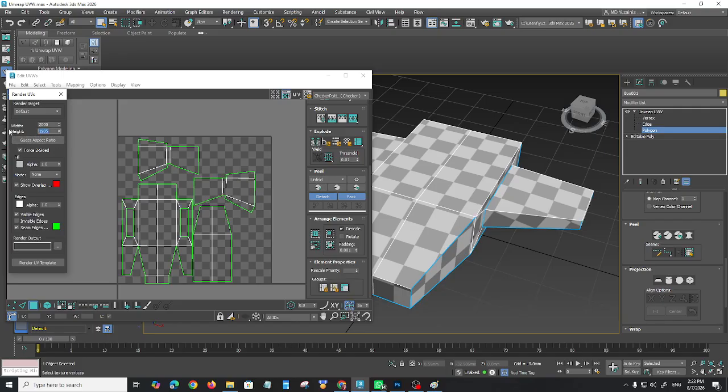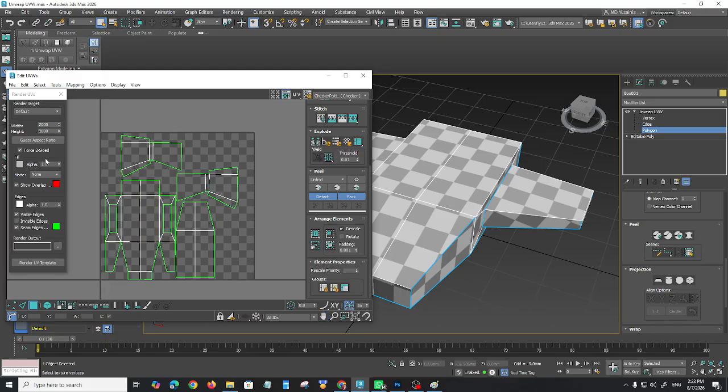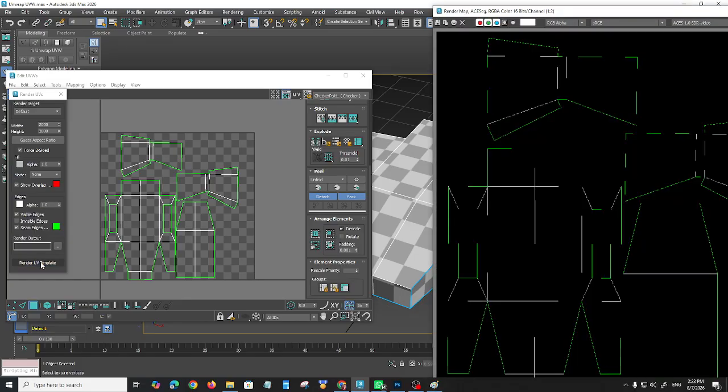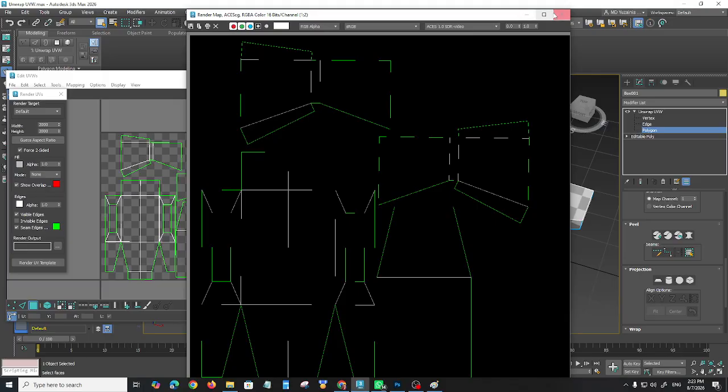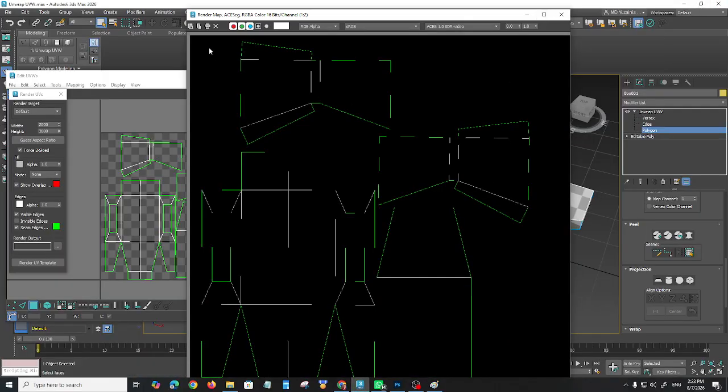No, don't guess it. It should be a 1:1 aspect ratio, so this should be 2000. Okay, I have a 2000 resolution texture here, and that's it. Now I'm going to click render UV template, and this is the 2000 by 2000. All right, what we're going to do next is click the diskette icon here to save image,